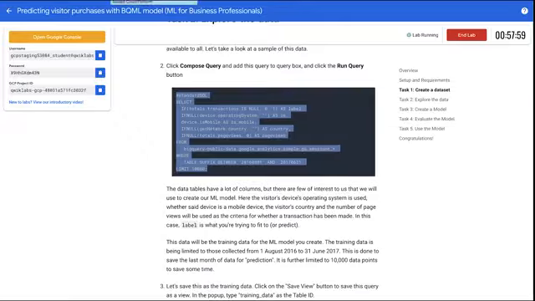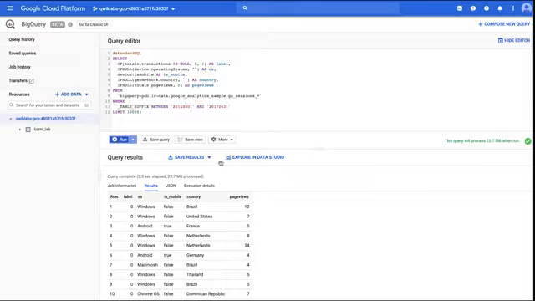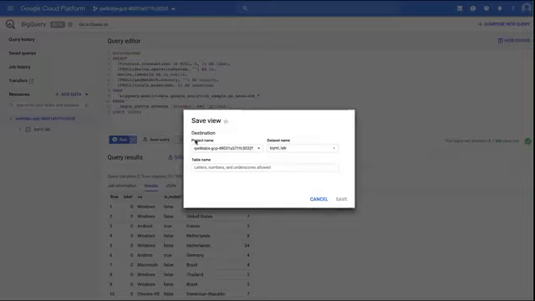Next thing I want to do is to save a view. Basically, I want to create a training data set that I will use to train this predictive model in BigQuery ML. So to do that, use this button called Save View. And you can give it a name.